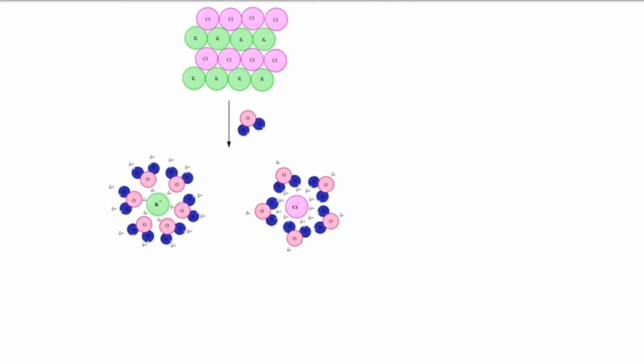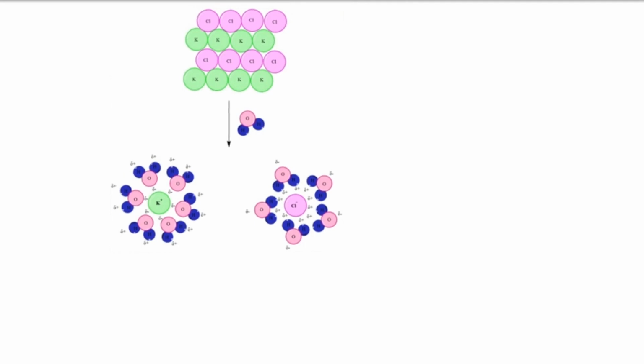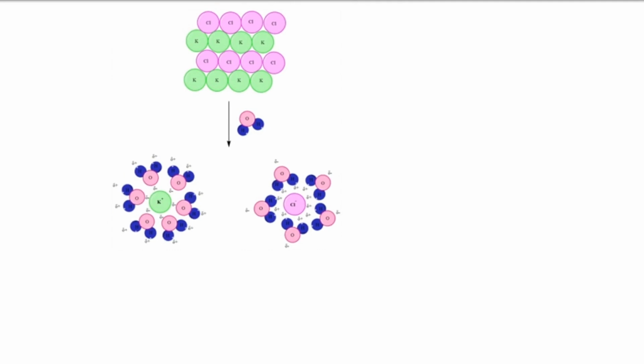When KCl, or potassium chloride, dissolves in water, the ions in the compound are attracted to the polar water molecules due to their opposite charges. The positively charged potassium ions, K+, are attracted to the negatively charged oxygen atoms in the water molecules, which have a partial negative charge due to the unequal sharing of electrons in the covalent bonds between the hydrogen and oxygen atoms. The negatively charged chloride ions are attracted to the positively charged hydrogen atoms in the water molecules, which have